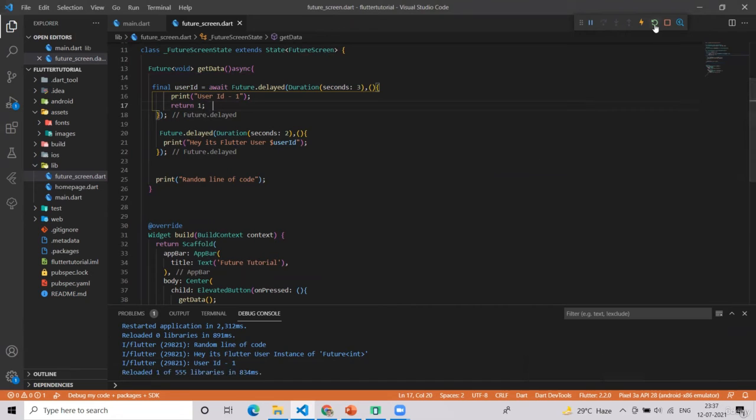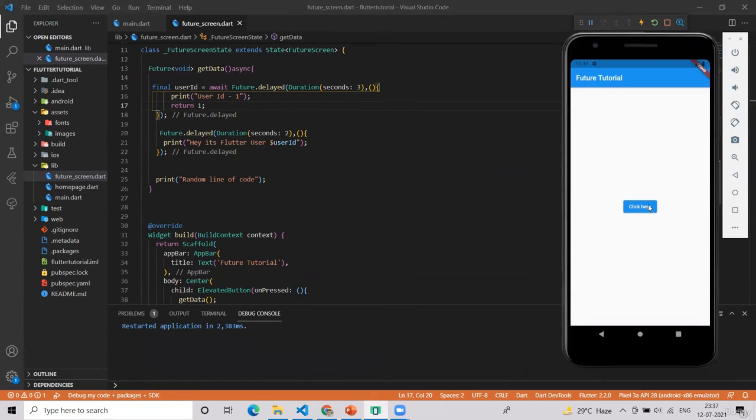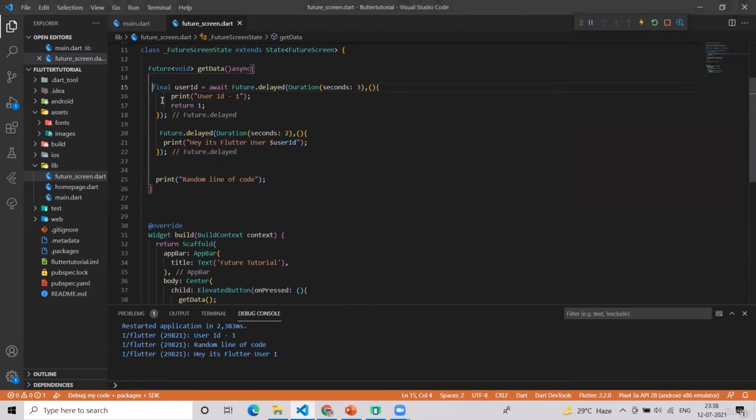So now what you will see is, when I click on this button, this random line of code is not executed first. First this is executed, then this, because it's an async, we haven't told it to wait here, and now this has this value of 1.